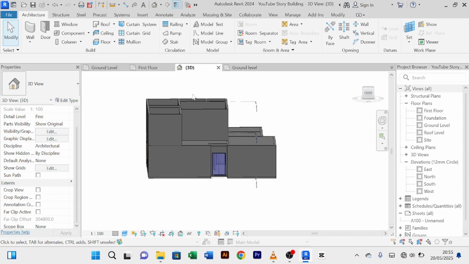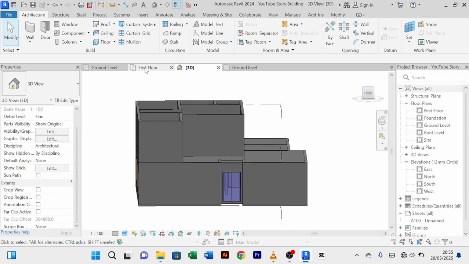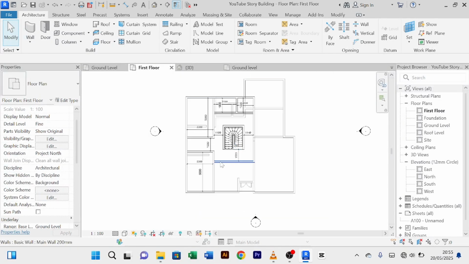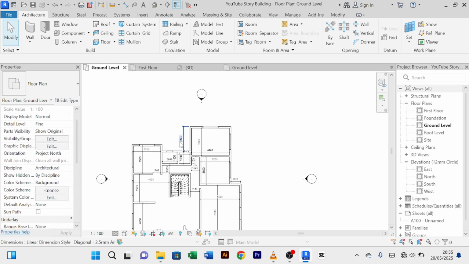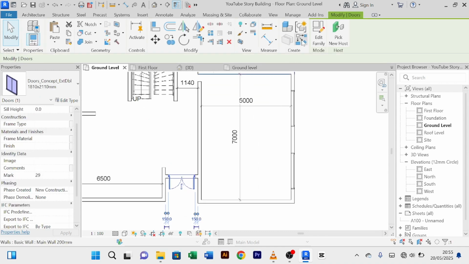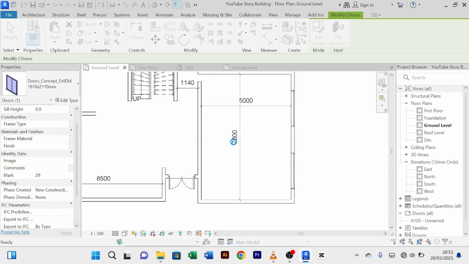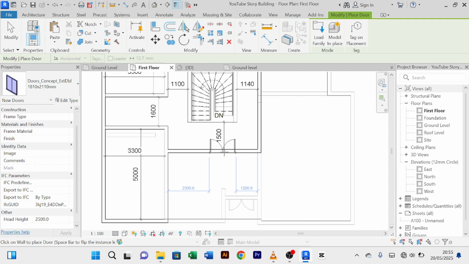So I think we can also put our components in the first floor, that is up, before we even roof it. So when we come to our first floor, we shall need those same components. For this, you just come to your ground floor, click on the component you want, and say create similar. So I'm going to save this project. After saying create similar, you come to your first floor and place it where you want it to be. So I'll place it here,